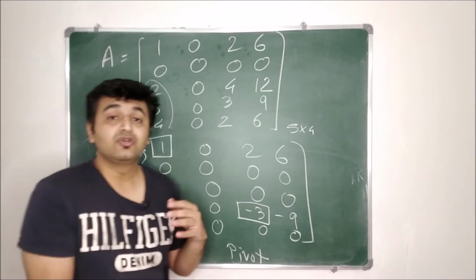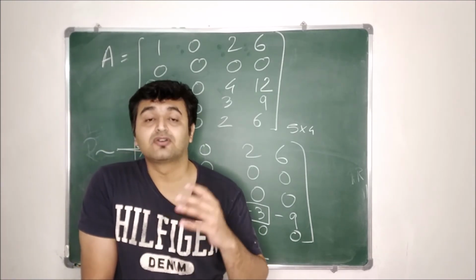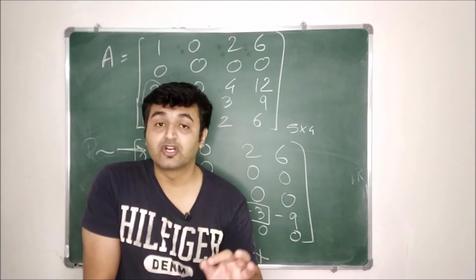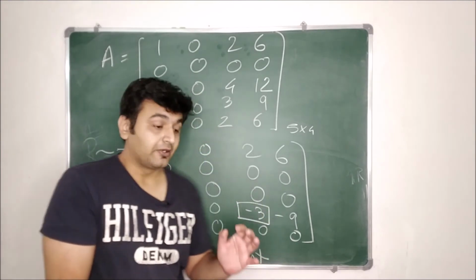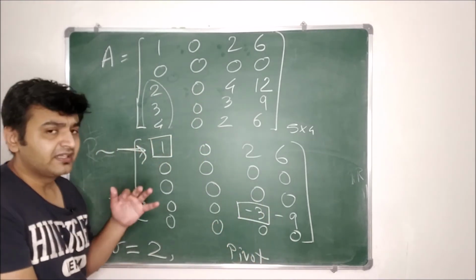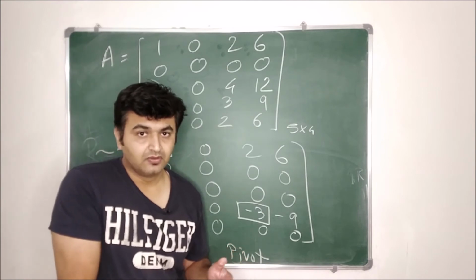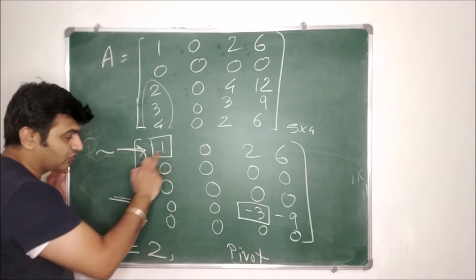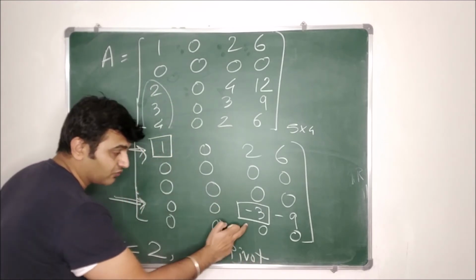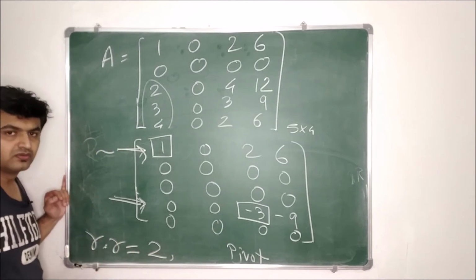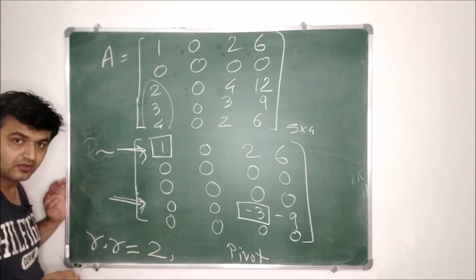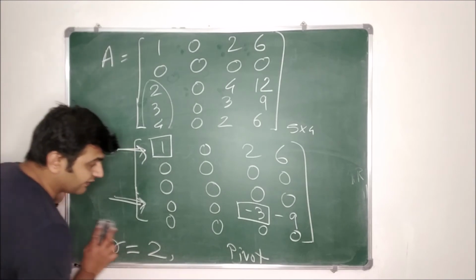So simply by doing row operations, you can also tell me the column rank by looking at the number of pivot entries. And to tell the row rank, simply count the number of non-zero rows. Okay, so number of non-zero rows is 2, number of pivot entries is 2, row rank and column rank both are 2. That is, the rank is 2. Good, so we know the rank. What are the remaining two things?